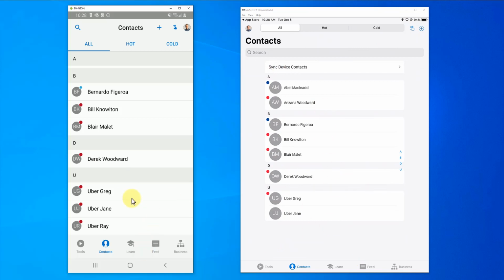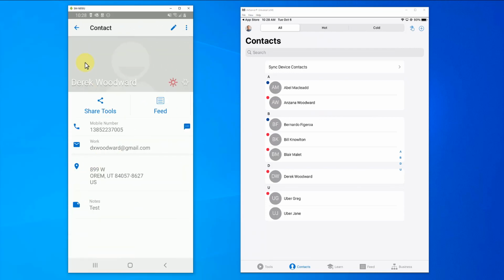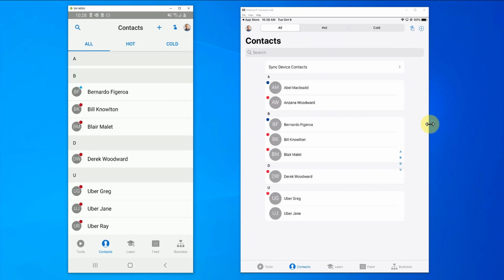So for the next step of this app, I want to show you guys a little bit about how you start sharing with yourself, because that is the first step that I'd like a lot of people to do, is do some example test shares with themselves so they understand how the process works and how this app functions as a sharing and prospecting app. So the first contact you should always add in here is going to be yourself, because that's the one that we're going to use to do some test shares to see exactly how the notifications work and all the processes and things like that.